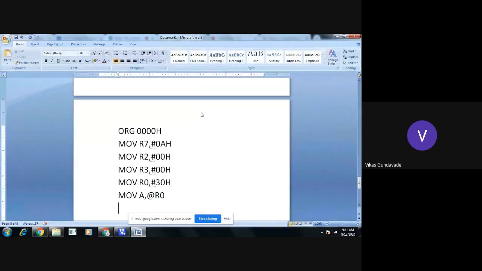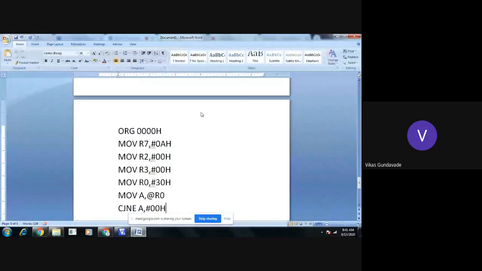So directly we will compare this number with the accumulator using CJNE A, #00H. Either the accumulator contains zero or not.